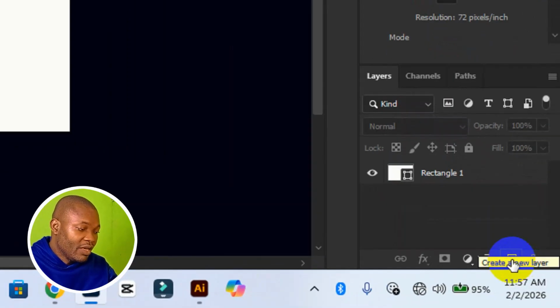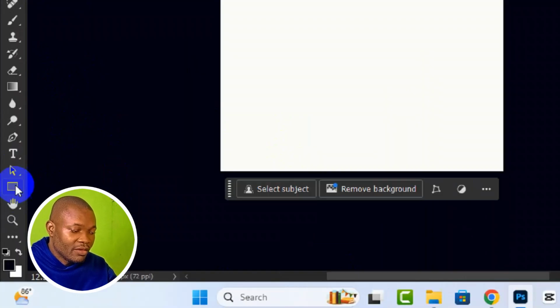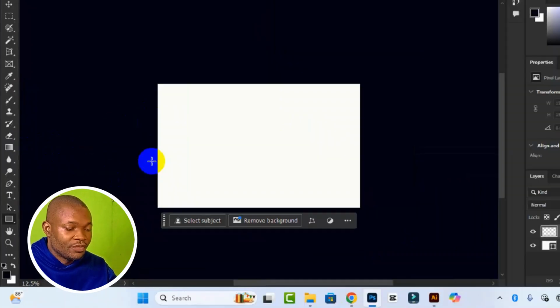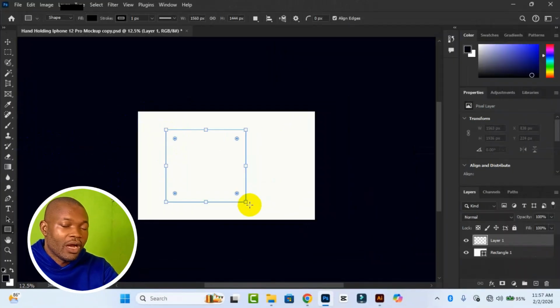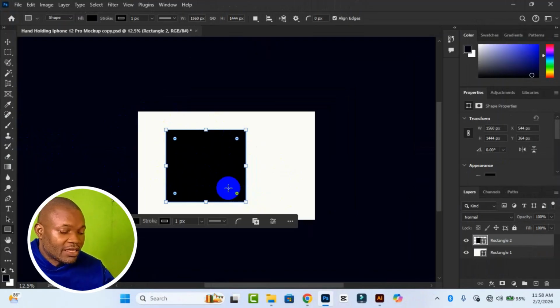Then having created a new layer, next thing we want to do is to go to our toolbar right here. We can go ahead and select a rectangular tool. Then we can draw any type of rectangular shape like this. Now, how do we make use of gradient pattern to create a nice background with gradient pattern in Photoshop? So for that, you need to make sure you activate your